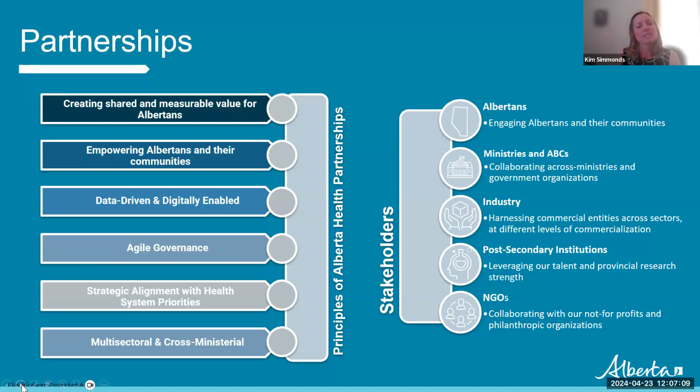And so one of the things that is most important is making sure that Albertans get the best healthcare and the best outcomes. And driving innovation and partnering allows us to do this, right? So empowering Albertans and communities to make good decisions, sharing and understanding what is going on with the health system, what's going on with specific areas of focus like cardiovascular disease. And then making sure that we're focusing on the way forward, a digitally enabled future, data-driven decision-making, and then that everything we do has a clear governance, it aligns with our strategic priorities,